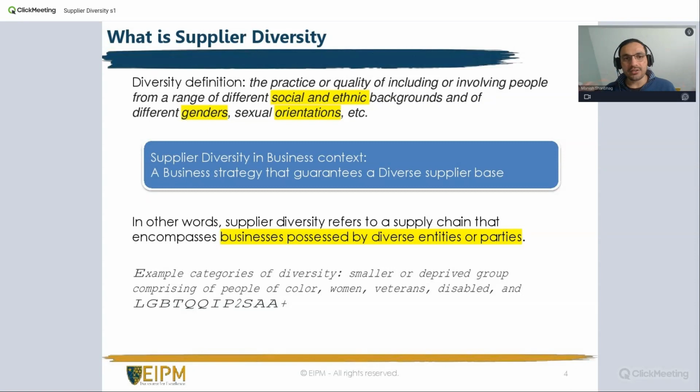This has come from history, years of development of history. But it's a good thing that we are referring to it now. More and more organizations are embracing this, and we take this forward from here, right? So there are these examples, let's say, of smaller or deprived groups, as we say, typically. Now, again, this is very sensitive, as I said, but the groups that are referred to are these, and eventually we try and include this as a part of our supply chain. That's the idea. When we say we are building a supplier diversity program, we are trying to build a supply chain that encompasses and includes these different groups. Okay, that's the notion of supplier diversity.